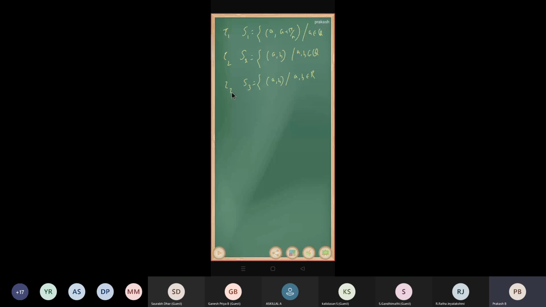First, we are going to compare the second and third because it is very easy. We can easily observe that tau 2 and tau 3 must be equal, right? Because the only missing terms are the open intervals a comma b where a and b are irrational, and you know that from the rationals you can bring in the irrationals. So definitely these topologies will be equal. This is our guess. Now we are going to show that these topologies are equal.